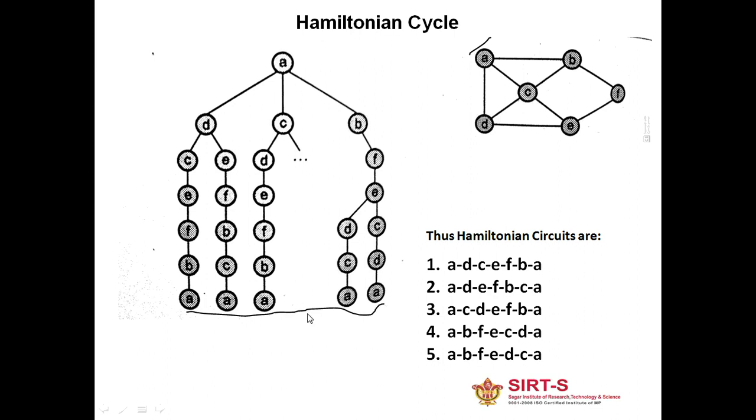We have considered here only the answer sets. Other states are also present here, but we have discarded them right now. We'll see a detailed example later. So this is A. The adjacent nodes to this A are B, C, D. So we have this section, this section here, and we have this section.